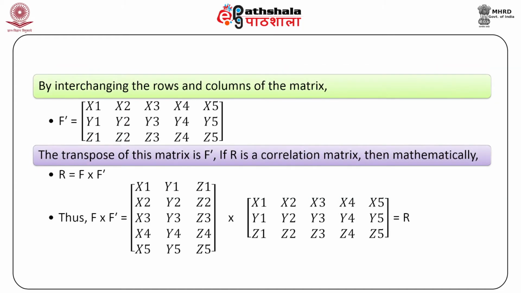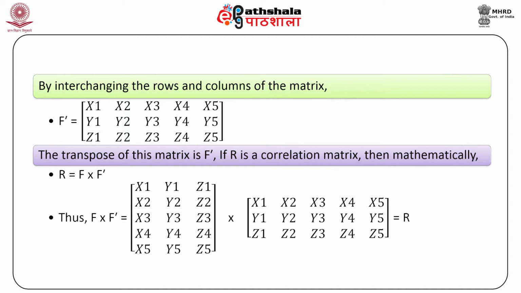By interchanging the rows and columns of the matrix, we get a transpose of this matrix F dash which is equal to x1, y1, z1, x2, y2, z2, x3, y3, z3, x4, y4, z4 and x5, y5,